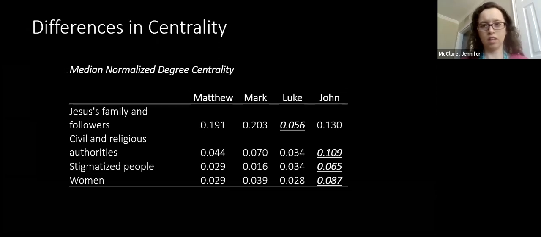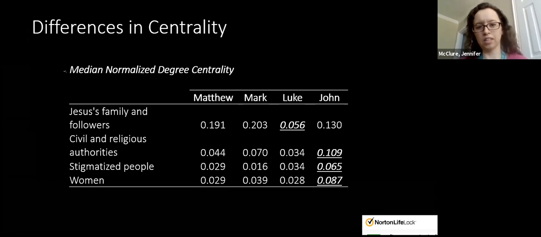And degree centrality, as a reminder, is just how many relationships someone has, with the thought that people who have more relationships are more interconnected and more relationally prominent in the network. Now, interestingly here,